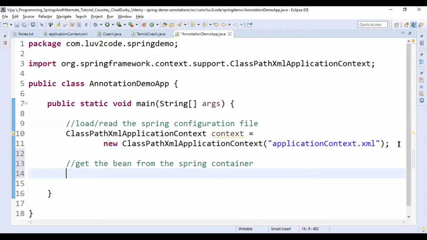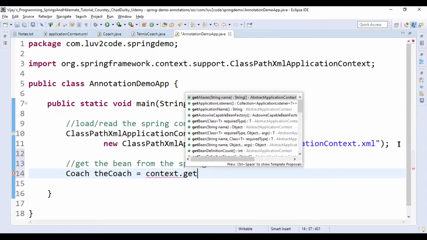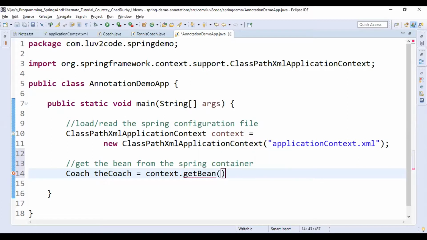Make use of that Coach interface to create the reference. Coach theCoach is equal to context.getBean.